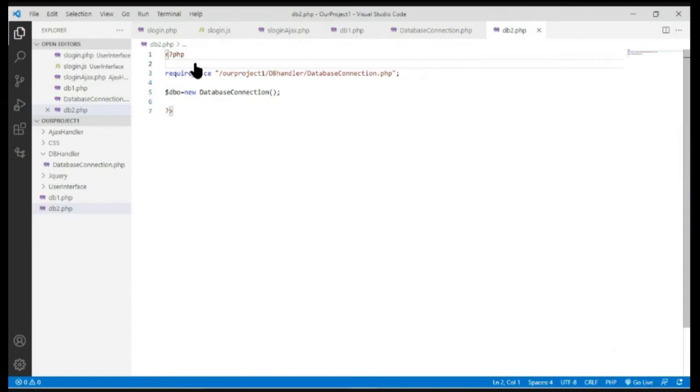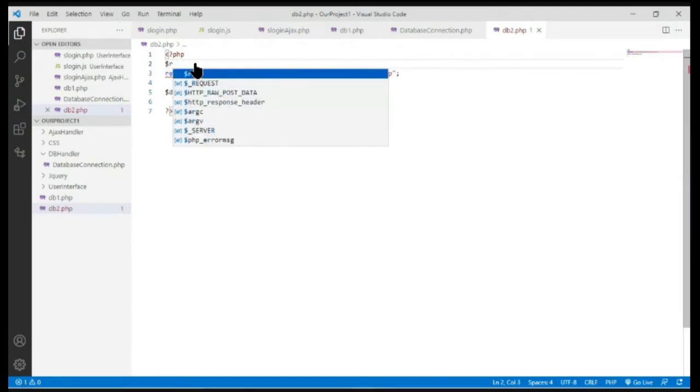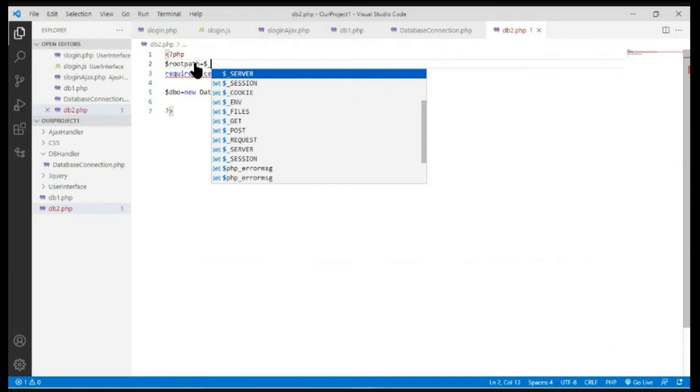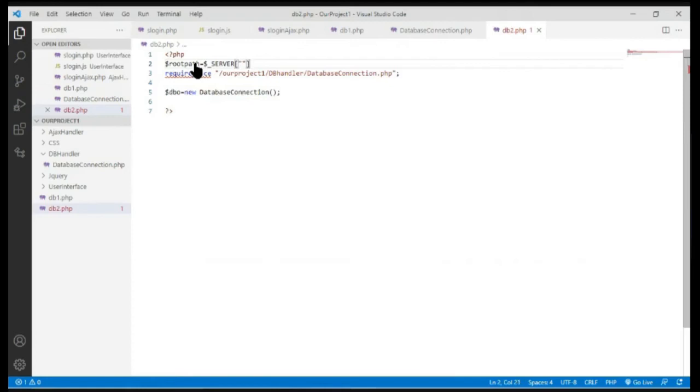So for that reason, if you want to know what the root folder of your current application is, you can do something like this. You can make use of the global variable server. From there you need some information. Just create a temporary variable, call it root. You can call it anything, but I'm calling it, say, root path, is equal to dollar, and there is a global variable called server. Inside that global variable there is a particular key that you can use there, and that is your